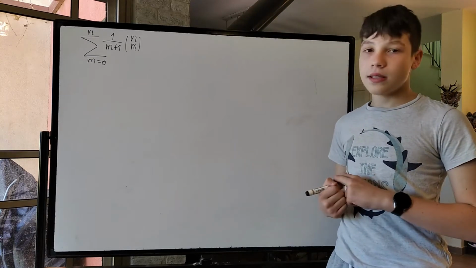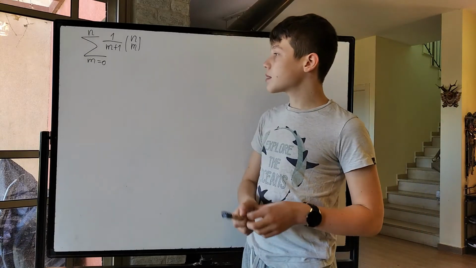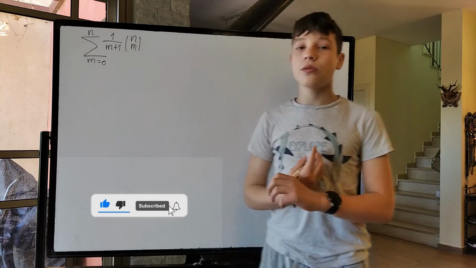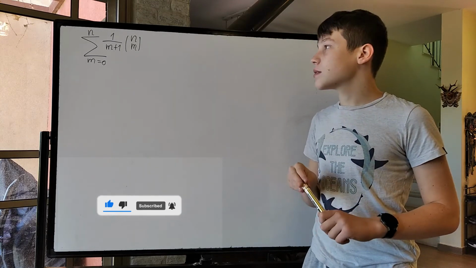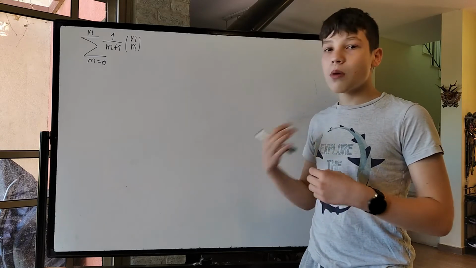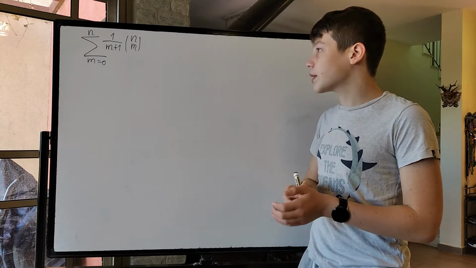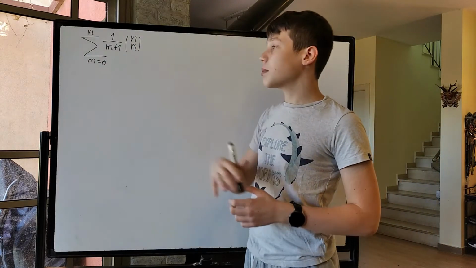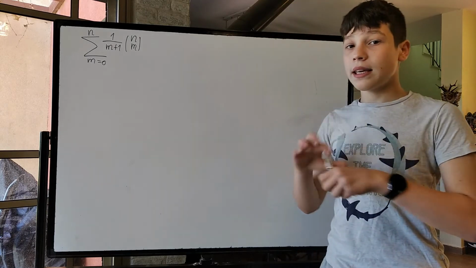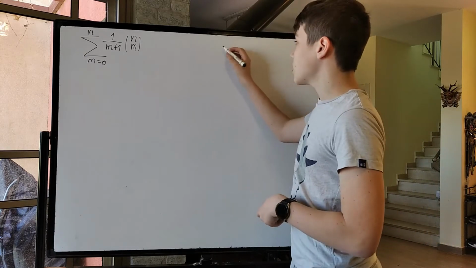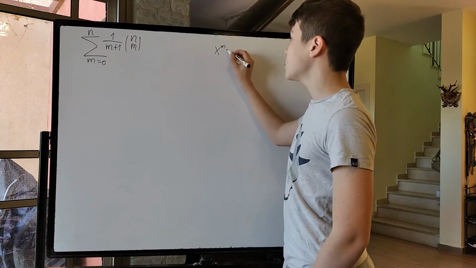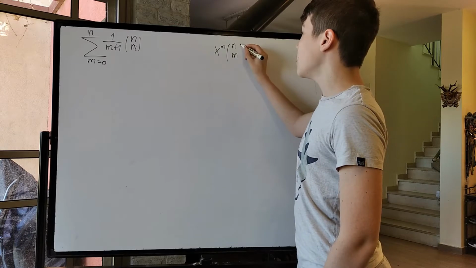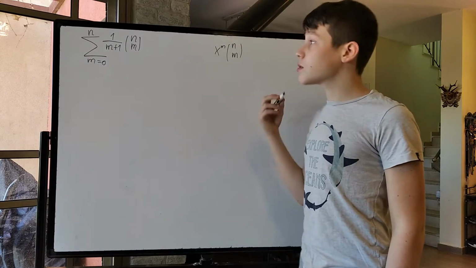Today we're going to look at this sum. So this sum is the sum as m goes from 0 to n of 1 over n plus 1 times n choose m. And your thought process when trying to evaluate the sum is probably trying to get this 1 over n plus 1 into something with x, something along the lines of x to the m, and then when you multiply it by n choose m, and when you sum that as m goes from 0 to n,